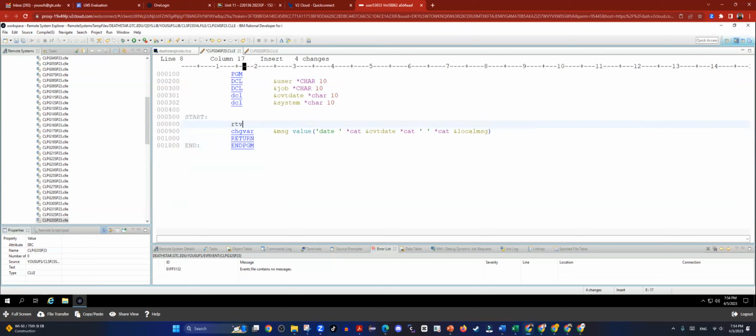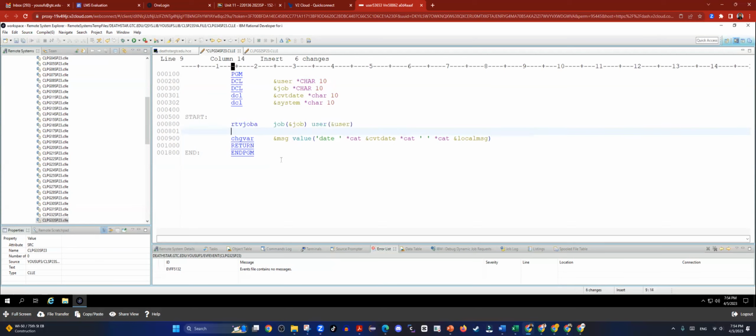Then I'll retrieve the job attribute into the job variable and the user name into the user variable. Similarly, I will retrieve through the network attributes the system name in my system variable, and I can then have a long message saying, you know, you are